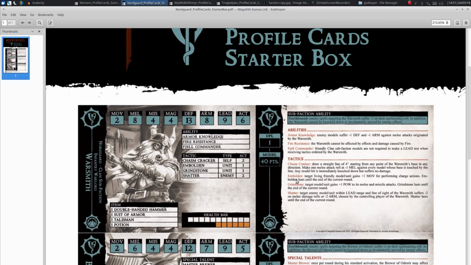Embolden, living friendly model gains +1 move, so that's really useful considering these guys are sluggish. So that's not bad. Grindstone, +1 power to melee and missile attack, so yeah, make them a little bit more powerful in their hits. And then Shatter, target enemy model within leadership range, so 9, and line of sight, suffers